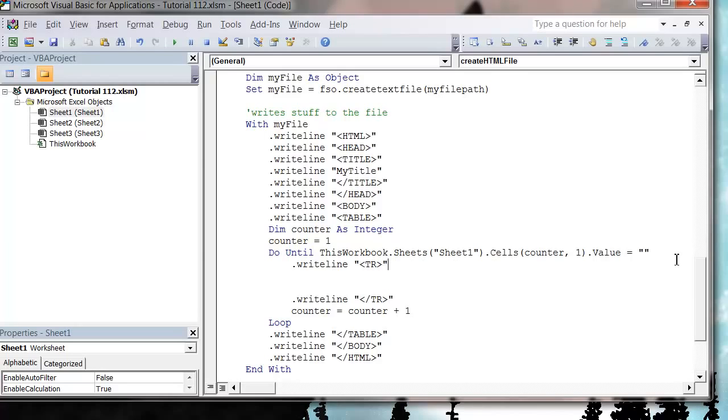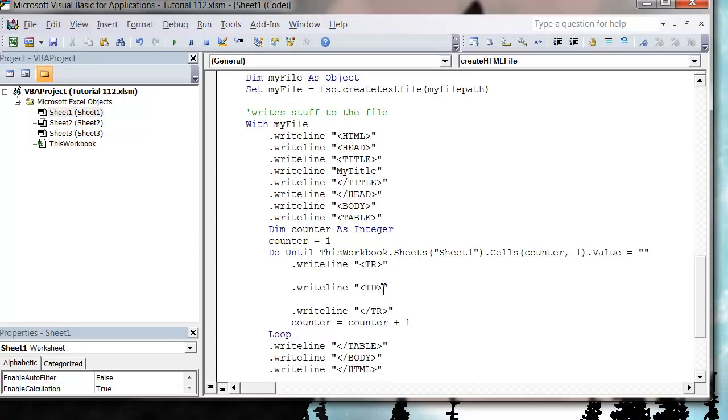So I'm going to write line table data, and I'm going to do this all in one line. So end table data, and then let's split it up,